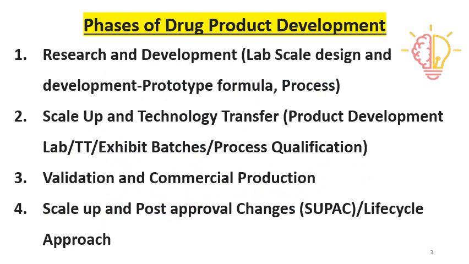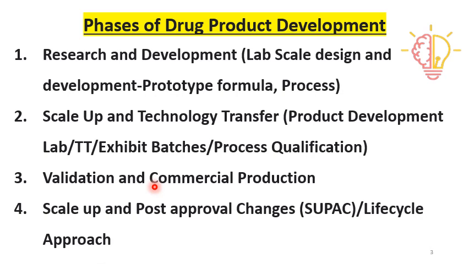So as we have seen, the phases of drug development are research and development, which involve lab scale design and development, prototype formula and process. Then scale up and technology transfer is there, which involve product development and tech transfer, exhibit batches and process qualification batches. Then comes validation and commercial production, and the fourth is scale up and post approval changes. So after approval of the formulation and